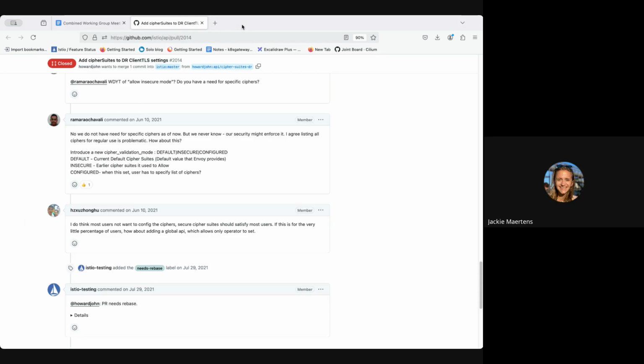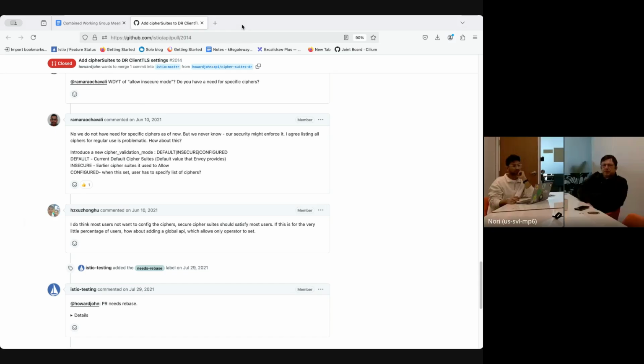Could you provide some background on why this wasn't pursued before? Just summarize what's in this issue here. Sure. So right now, users cannot modify the client TLS settings, especially the TLS cipher suites and the min-max TLS version. We have some users who want to update the TLS cipher suite. They want to use the older cipher suite, which Envoy by default doesn't support, and they want to connect to the on-prem services, which need this TLS cipher suite. So right now, there is no direct way from any of the Istio APIs.